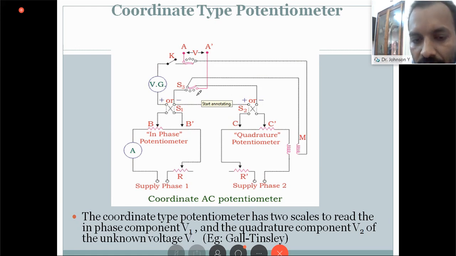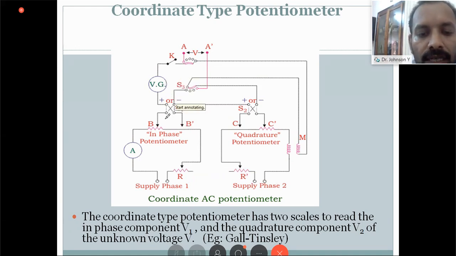That is difficult to explain in detail due to the time constraint. And then we move to the voltage to be measured. Voltage to be measured is connected here, so that when the key is closed, it is connected to the voltage to be measured. Then, by setting the resistance values R and R dash, we change the resistance so that Vg becomes 0. Vibration galvanometer equals 0, current is 0.